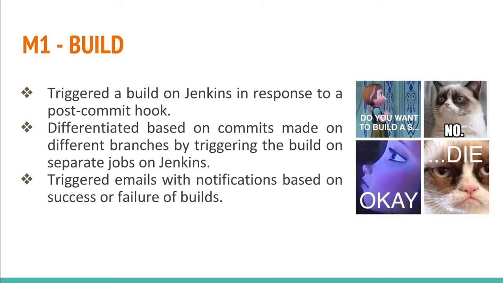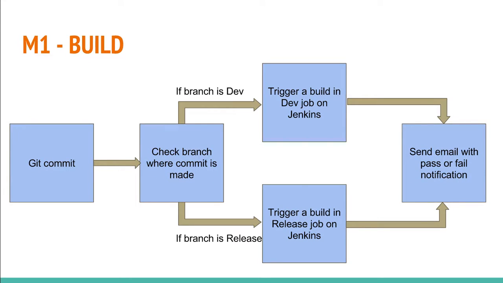We use Jenkins to trigger build jobs. First, a post-commit Git hook was created to trigger different Jenkins jobs based on the branch on which we committed. Our project had two branches, the dev branch and the release branch. If the commit was made on the dev branch, then the corresponding dev job was triggered to be built on Jenkins. Otherwise, if the commit was made on release branch, then the release job was triggered on Jenkins. We displayed a message on the console to indicate which branch was being built and sent an email with pass